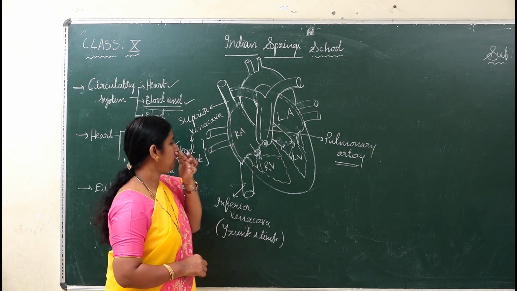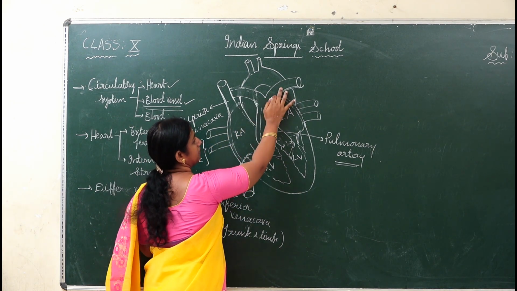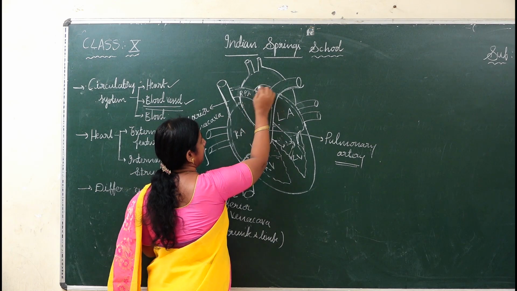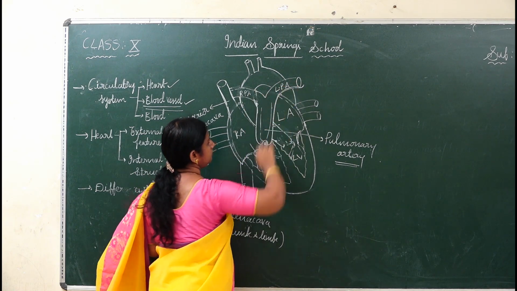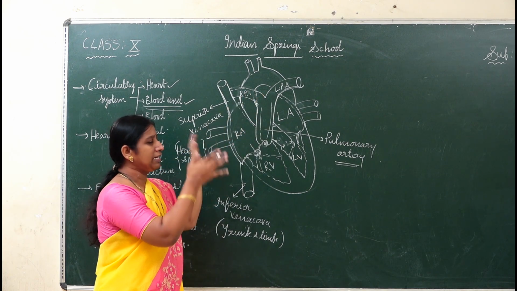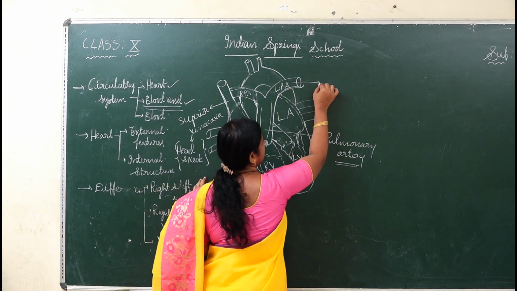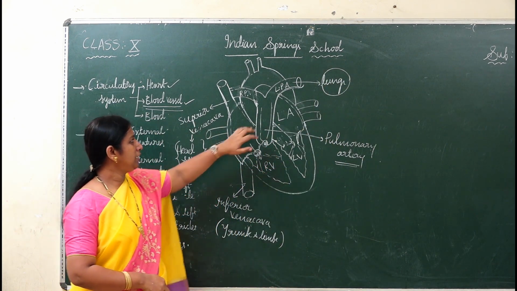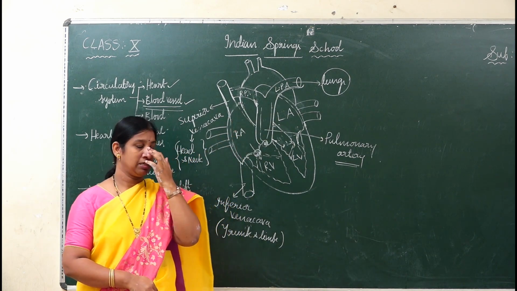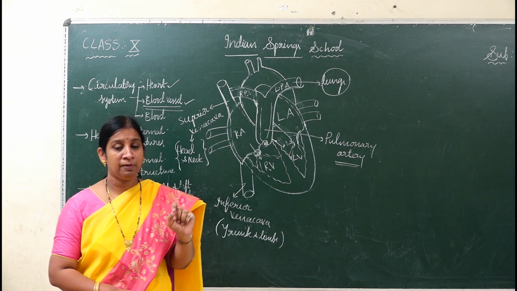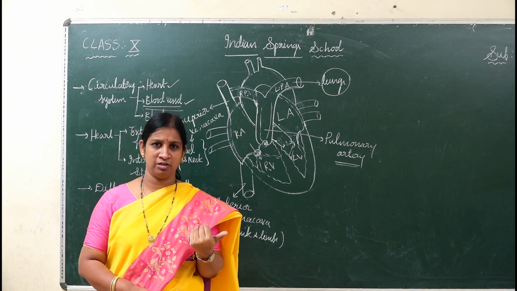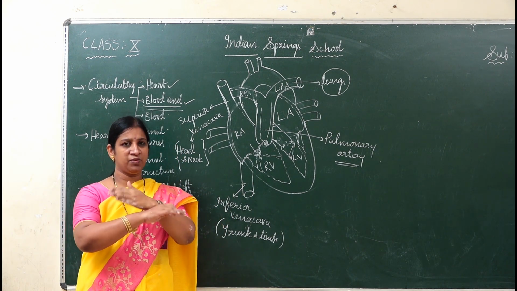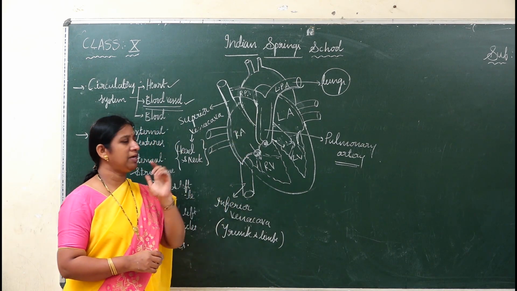Okay. So from the right ventricle the blood enters into the pulmonary artery. This pulmonary artery again divides into two vessels. One is the right pulmonary artery and another one is the left pulmonary artery. These two send the blood to the lungs. Here one special note: the left pulmonary artery carries blood to the right lung, children, and the right pulmonary artery carries blood to the left lung. In that way it is mutually exchanged. So finally blood enters into the lungs.